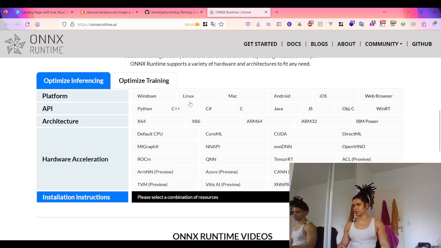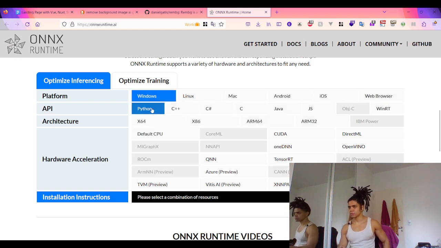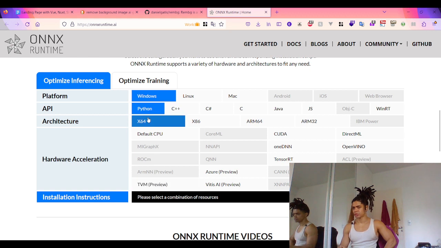The installation matrix: Linux, so Windows. Okay, number. Okay, in Python, they provide this hardware acceleration, installation instructions, x64 architectures,